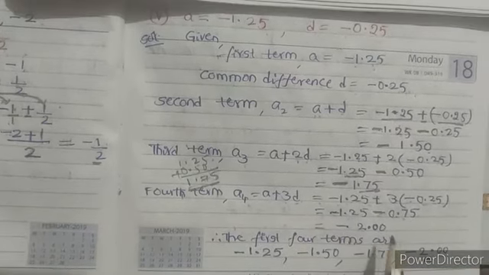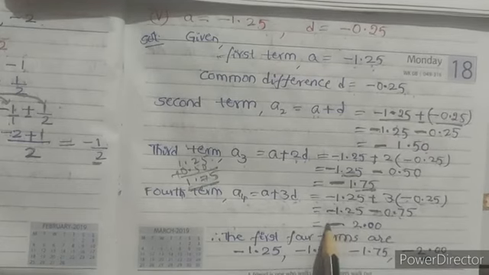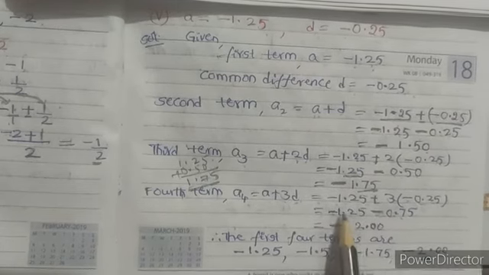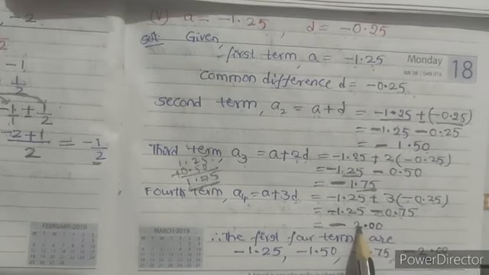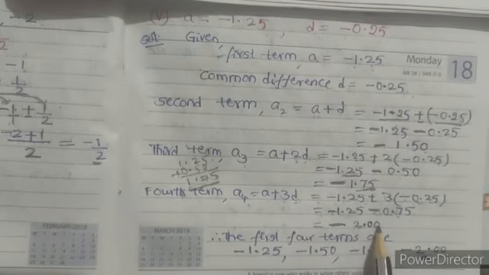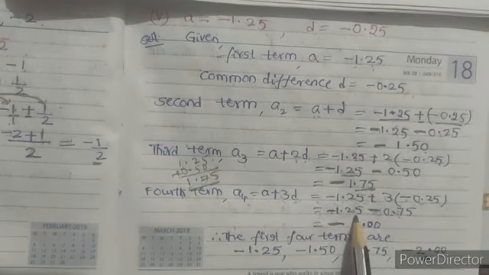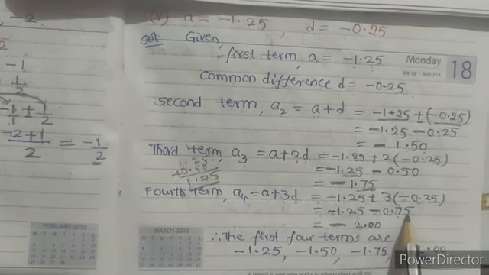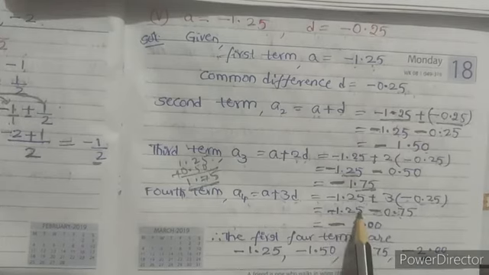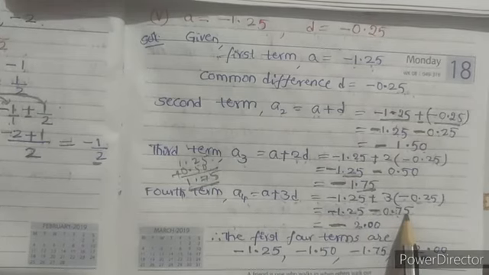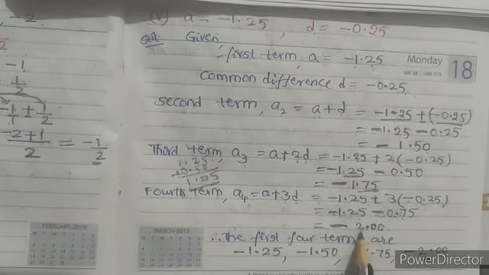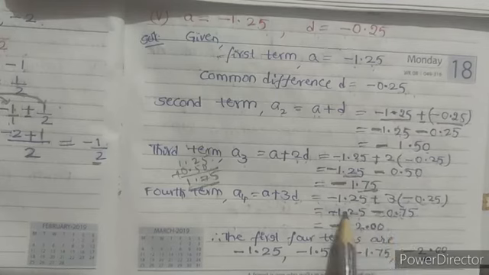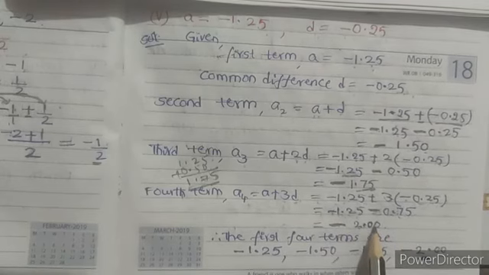Both are negatives, so the answer is also negative. Same symbols are there, minus, minus. Simply add the numbers. 1.25 plus 0.75, if you do, you will get 2.00. This technique is also there: 1 rupee 25 paise plus 75 paise. Keep the 1 rupee, and 25 paise plus 75 paise is nothing but 100 paise. 100 paise means 1 rupee, and with this 1 rupee, totally 2 rupees, you can write as 2.00. Both are negative, so this is negative 2.00.